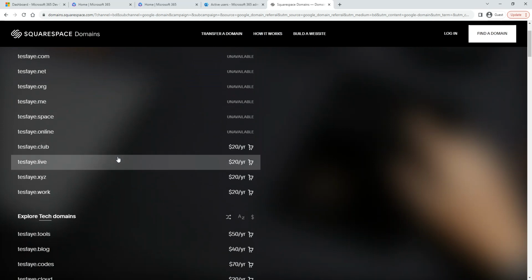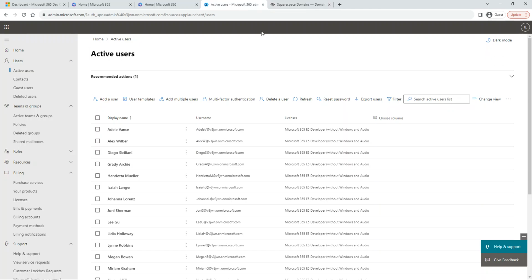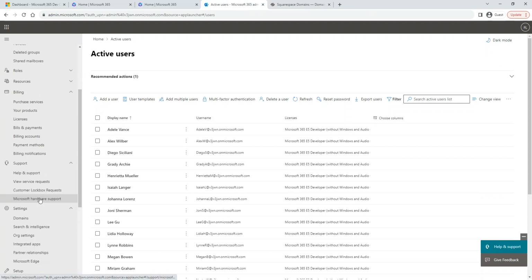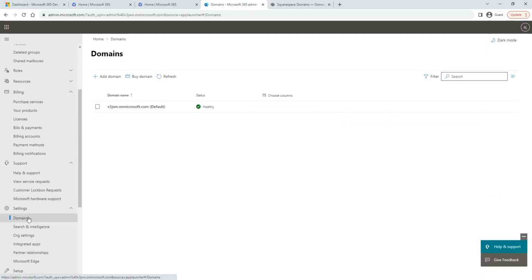Once you own this domain, you can bring it to Office 365, go to the settings section, go to domains, and that is the domain you have right now. Then you add your domain. If you don't have a domain, you can buy it right here. People buy domains from different sites, but once you purchase a domain and build your website, you link your website to that domain, and all of the emails are going to follow whatever domain name you choose.